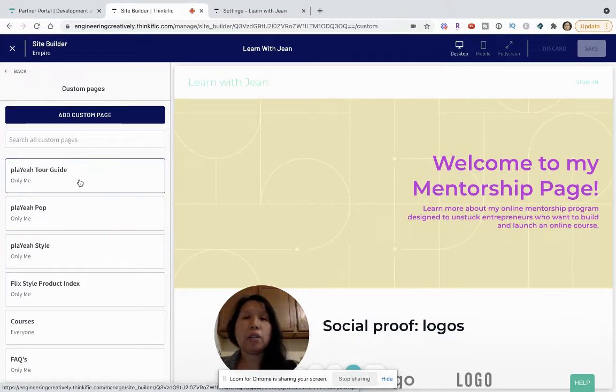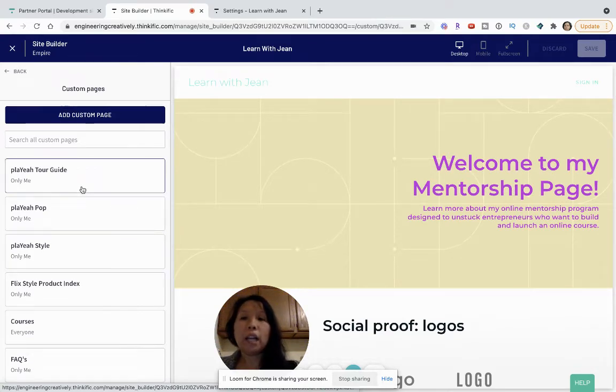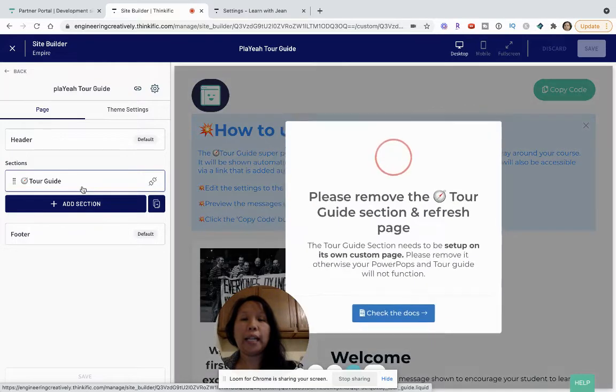I'm just gonna quickly show you how I've customized the different sections, these 3 different sections of the tour guide, the pops, and the style, and then show you as a student what it looks like and how it can be effective in some senses, and how it could be taken further to support your student through every aspect of the learning experience. So I want to go back to the tour guide and how I've set it